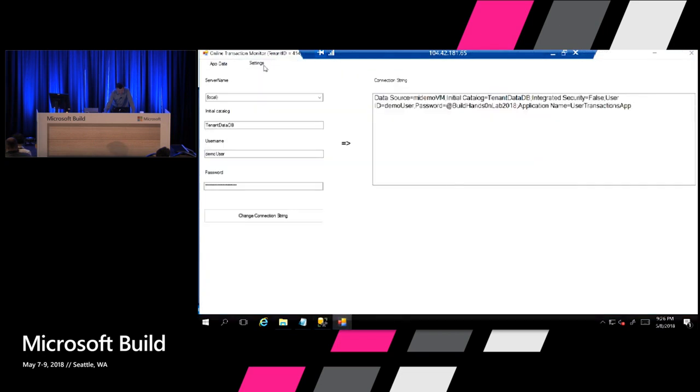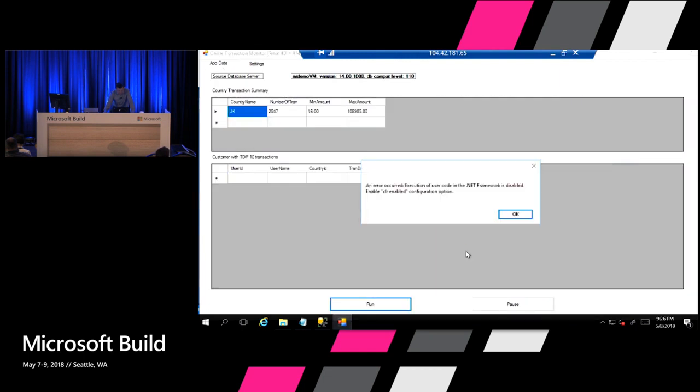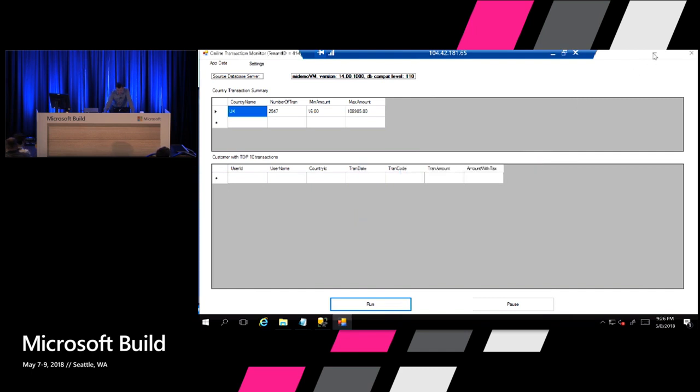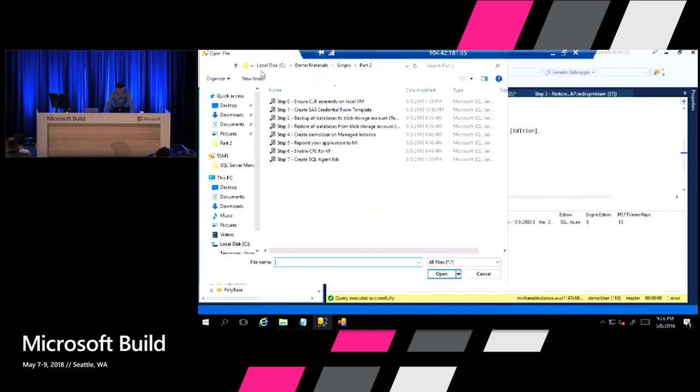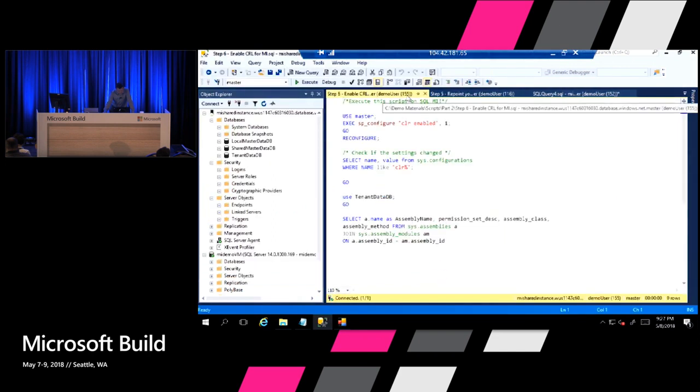In my application, I will change it and say, hey, now you need to use this new instance with the databases, and I will resume. Oh, it says .NET Framework is not enabled. Does it mean that it's not available in managed instance? No, it just means it's not enabled by default, and we'll enable it in a second. I can connect to my managed instance and basically run sp_configure.